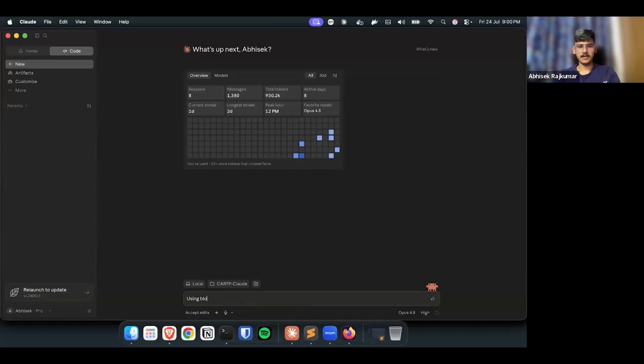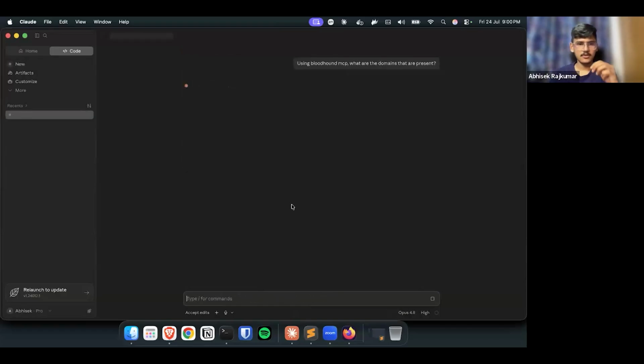Using BloodHound MCP, what are the domains present? Let's ask this. So this is going to use the MCP that is in play and get you the data that you want.